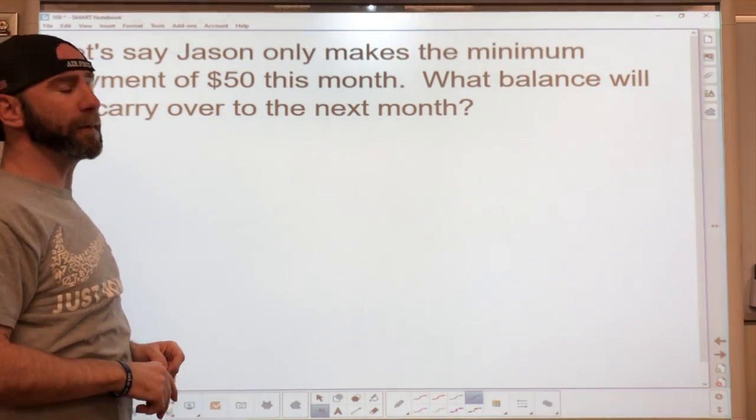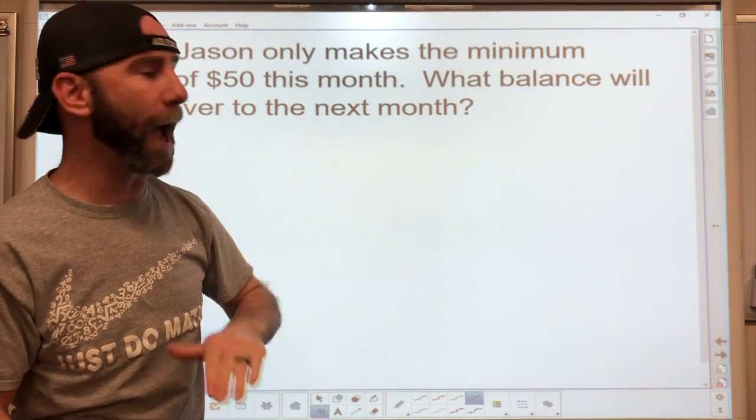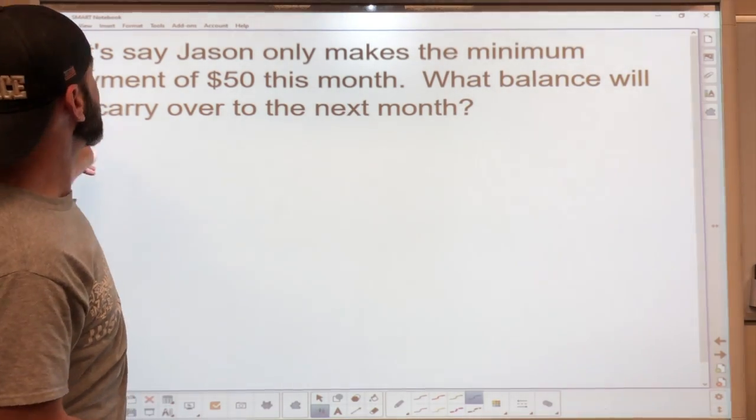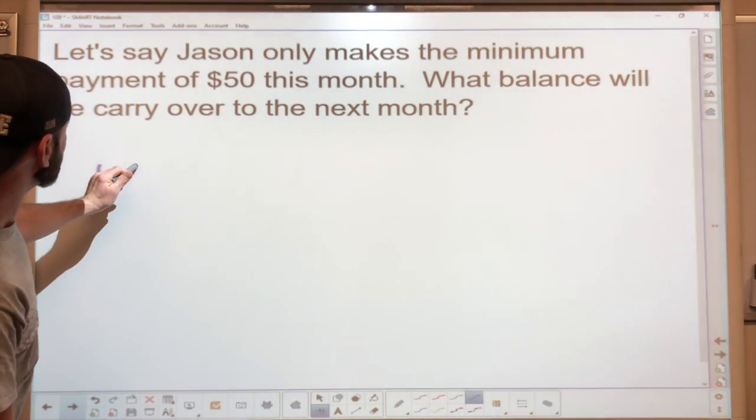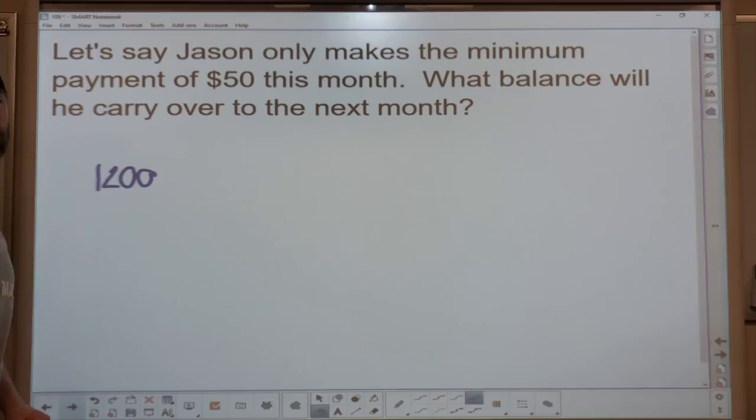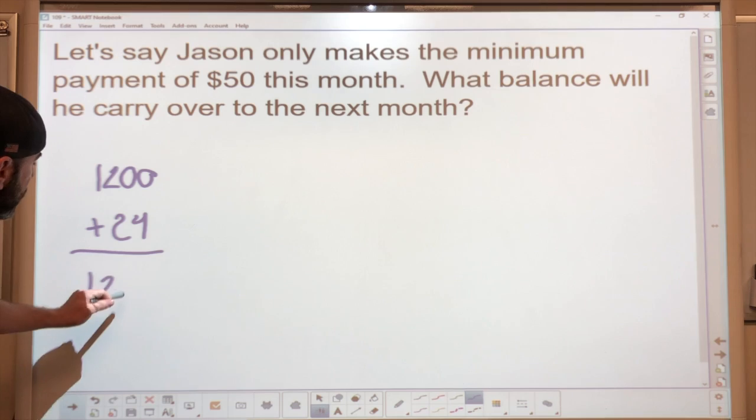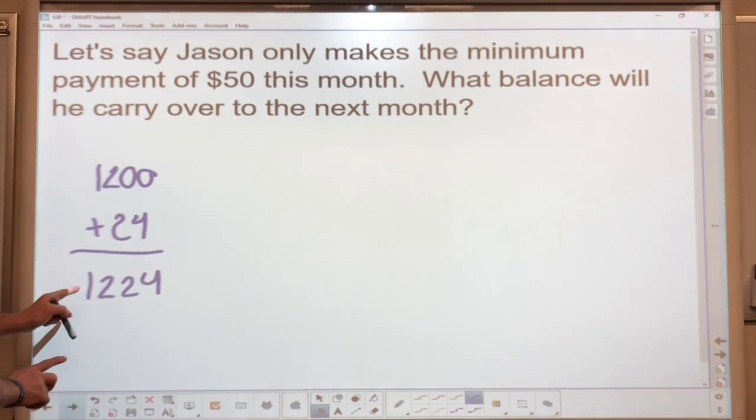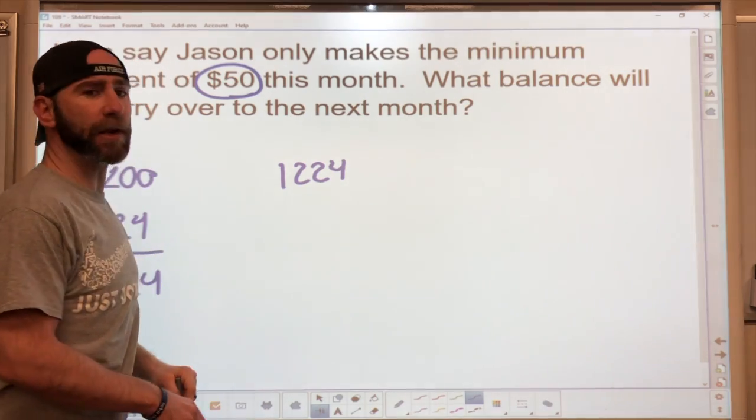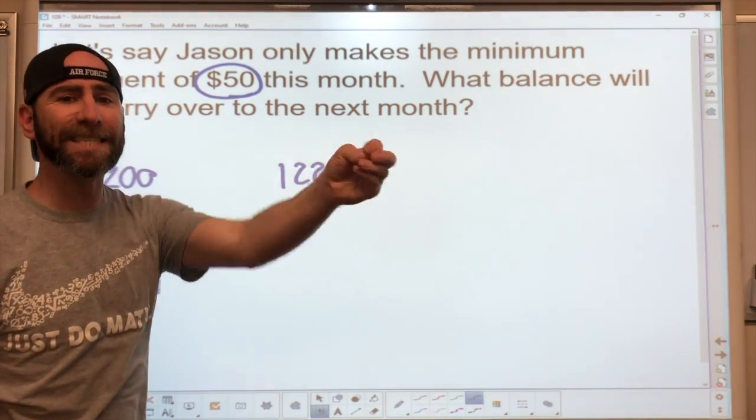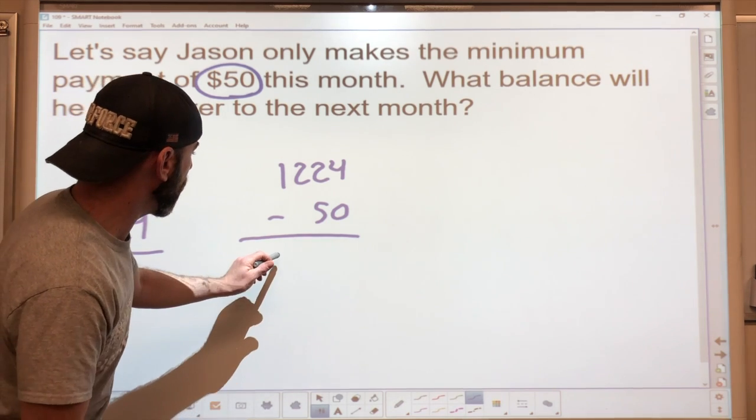Let's say Jason makes the minimum payment of $50 this month, so he gives the card company $50 to start paying his loan back. What balance will he carry over to the next month? So remember, he originally borrowed $1,200, but the card company charged him $24, and so now he owes $1,224. So that's his balance right now. But then he makes a payment of $50. So if this is how much he owes, we're going to deduct the $50 from how much he owes. So subtract the $50. And now we see that Jason owes